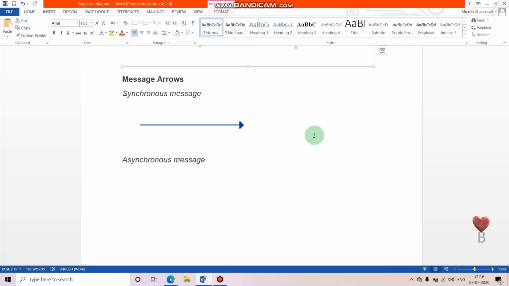The arrowhead used to indicate this type of message is a solid line, like this one. This should be a solid line.